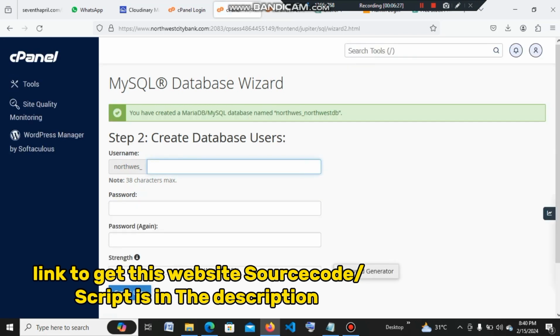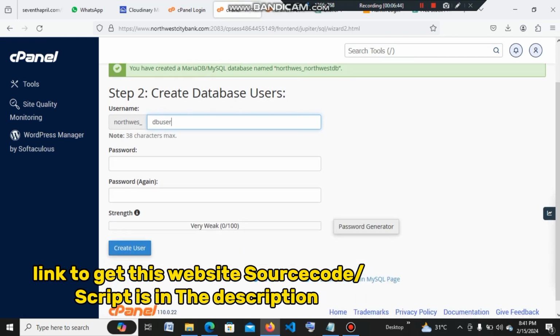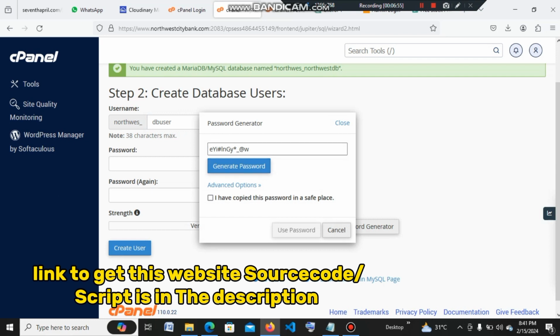Then here is where you enter your username. You can give it any name of your choice, db user. So this is the name that I want. Then here is where you enter your password. This password that you are seeing here, if you don't want to go through the stress of creating a password, you can just click on this generate password. When you click on generate password, before you generate, you select all this one here, you copy it,